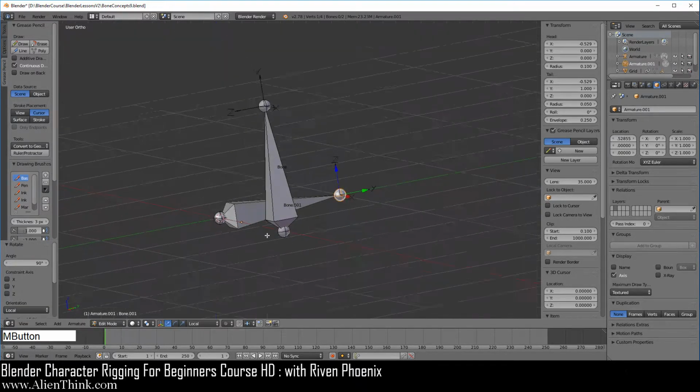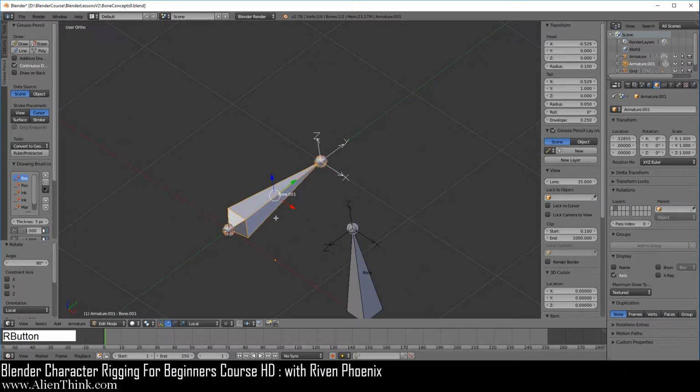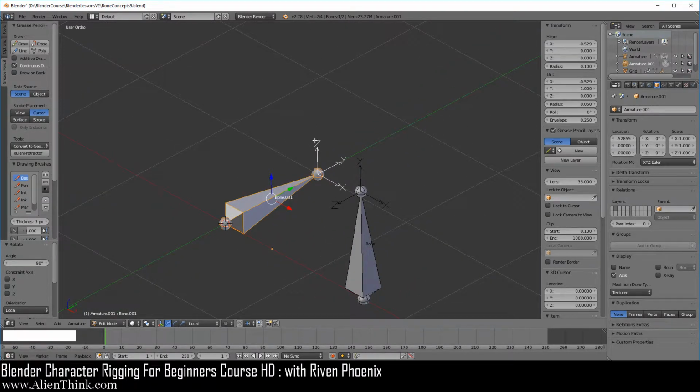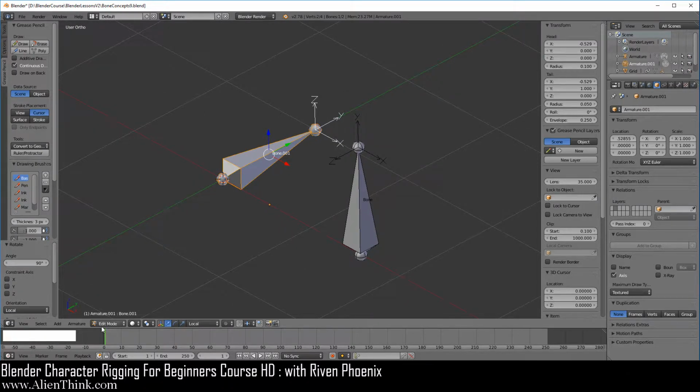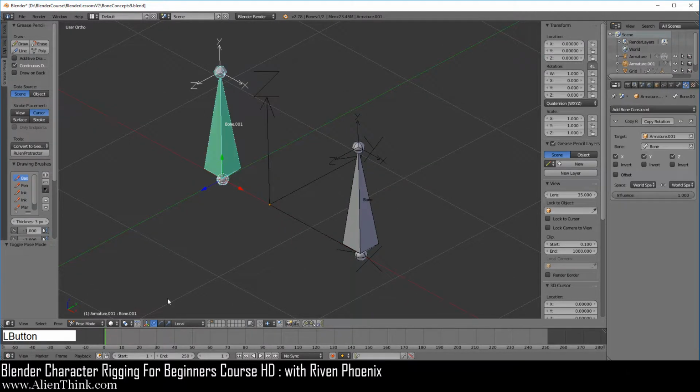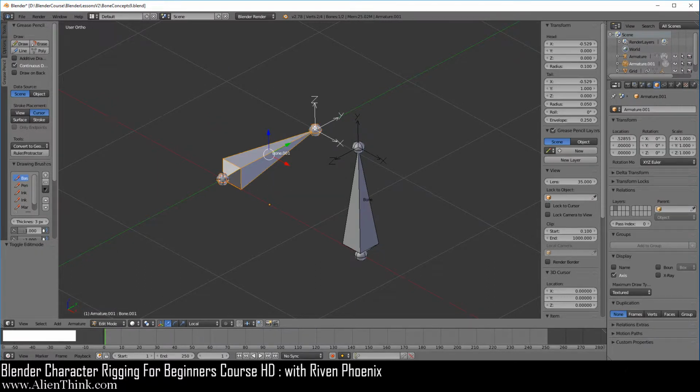Right? So here, if you click on this bone, you can see that right now the axis is aligned to the global coordinate system. This means that this bone does not have a rotation. So now when we go to pose mode, click on this bone and click on offset, you see there's no rotation to add, okay? So that rotation is going to come from edit mode, right?